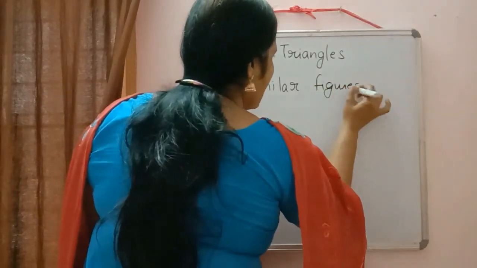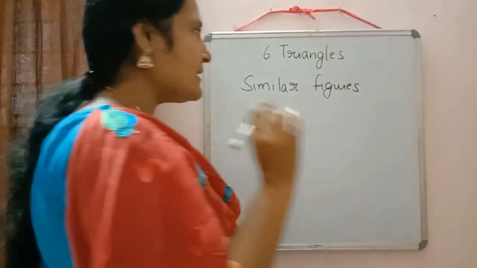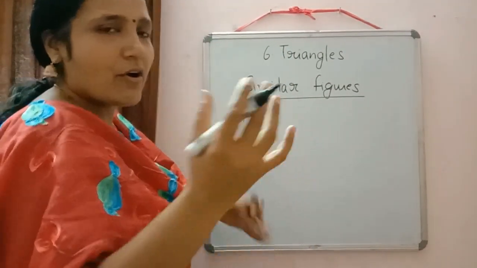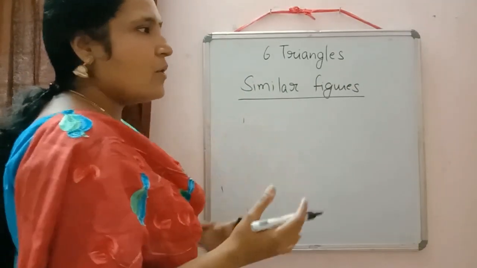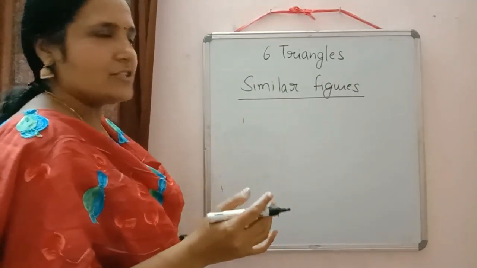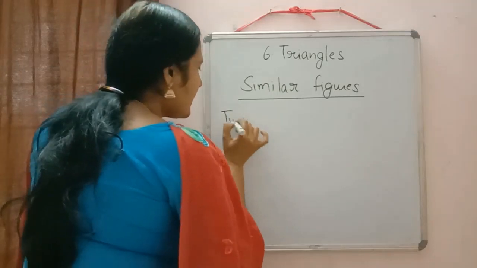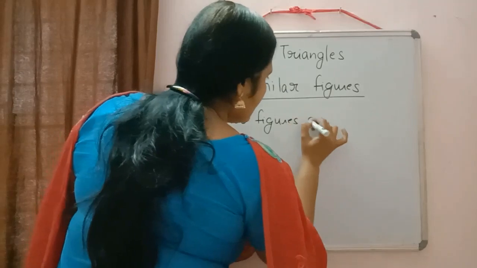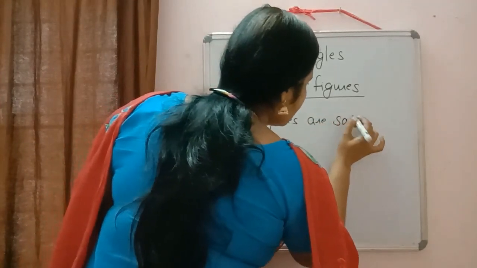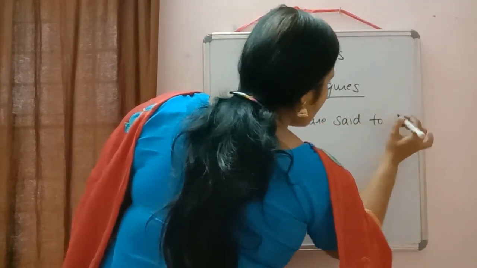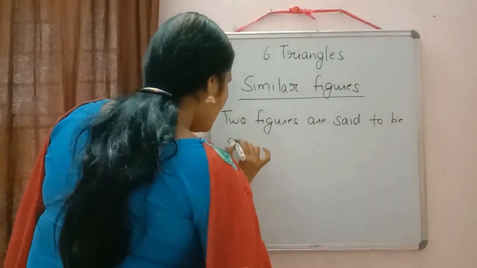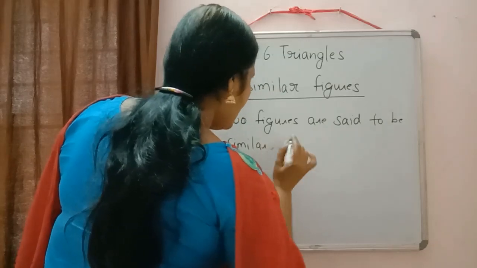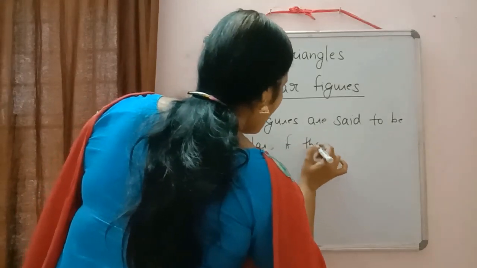First we will check whether we can find any examples of similar figures in our daily life. Let us look at the local definition, not according to mathematical language, and just write down that definition also. Two figures are said to be similar if they are